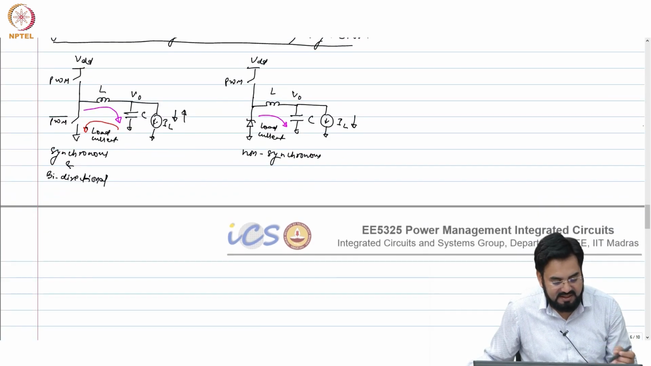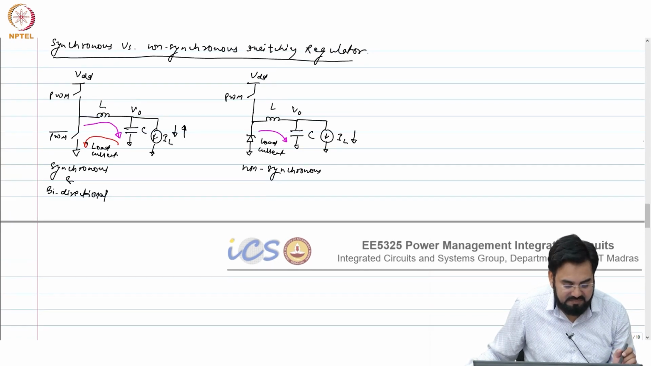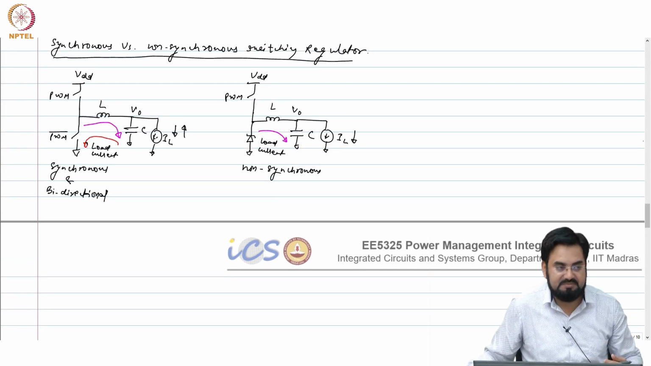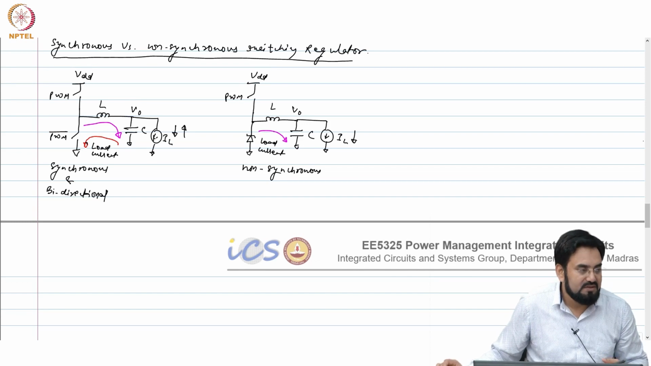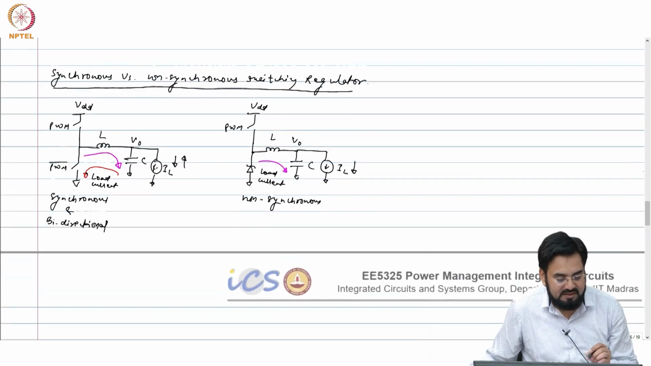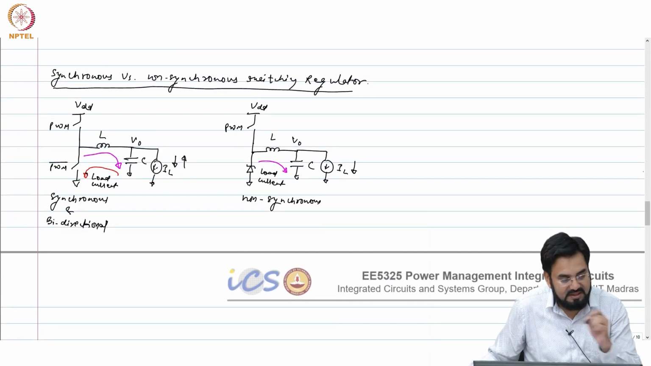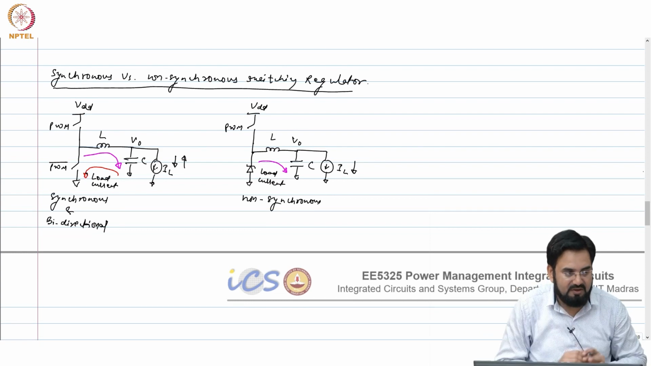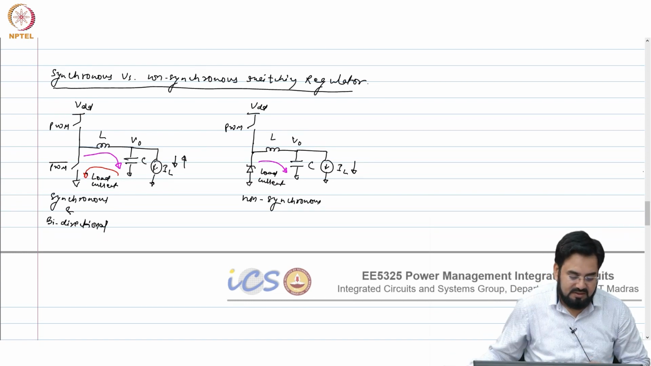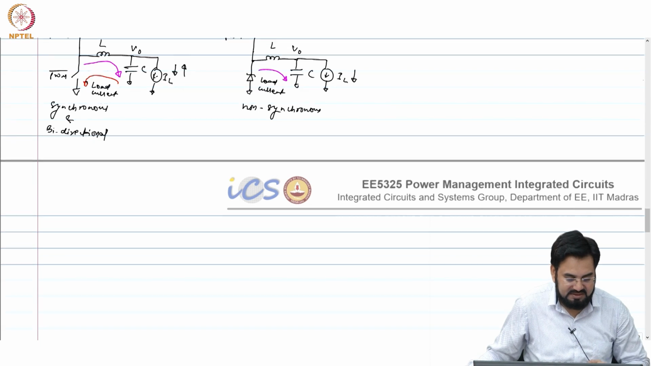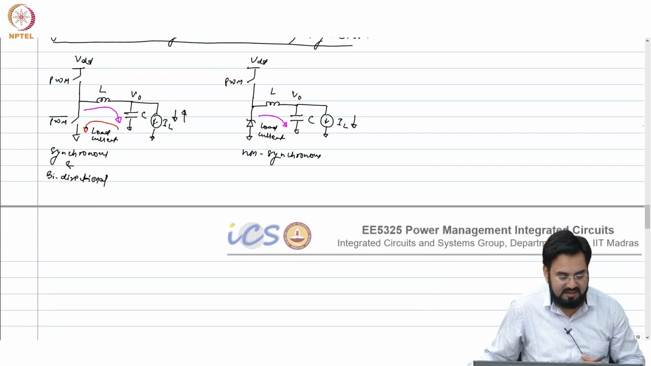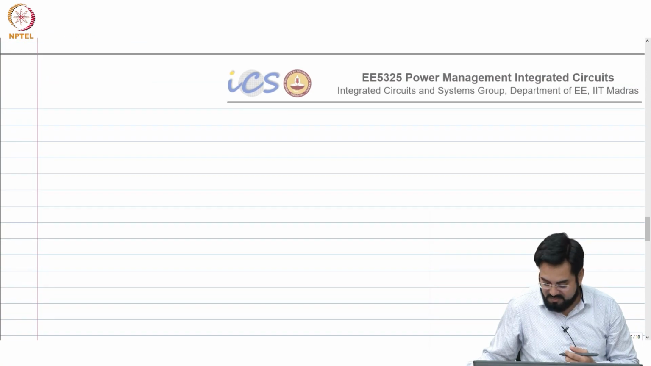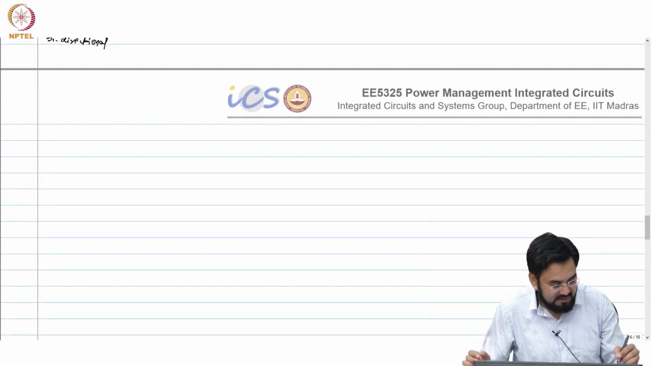In terms of efficiency at high load, the synchronous is better, but at light load your non-synchronous may perform better compared to your synchronous, and that is why we forcefully operate the synchronous converter in a non-synchronous mode at light load. So, basically you convert this switch into a diode by using some kind of logic, and we will look at those circuits later when we talk about the discontinuous conduction mode and all those. Okay. So, let us look at the